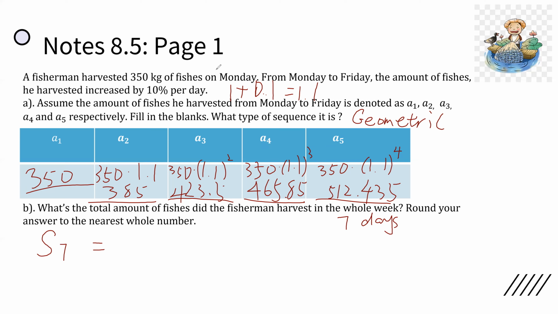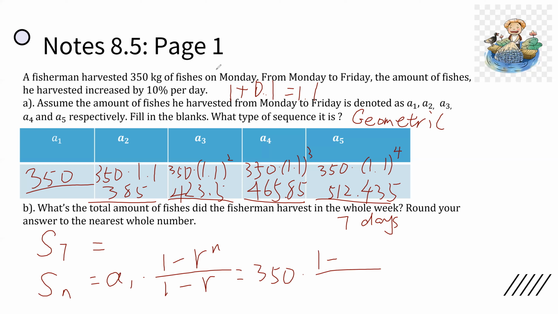Okay, so how do you find the value of sum sub 7? Well, from the previous lesson, we learned that we can use a general rule for finding the sum of a geometric series. Sum sub n equals the first term times 1 minus the common ratio to the power of n, over 1 minus the common ratio. So in this case, that will be 350 times